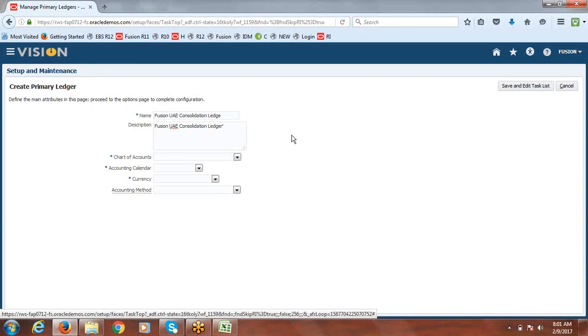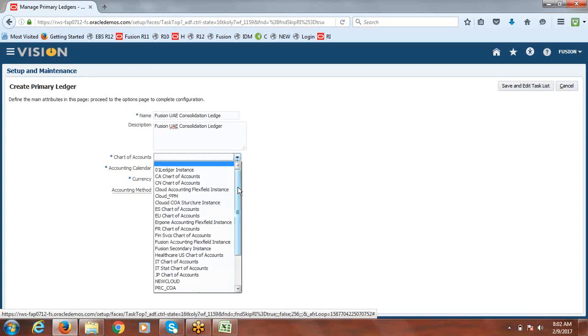Here when we are doing the consolidation, we know, same as EBS, we can have a different chart of accounts, or you may have a similar chart of accounts. If you have a similar chart of accounts, that means we are going to have similar segments. In that case, we can use the segment rules. If segments are not similar, still we can do the mapping by using the account rules. So here let's use the same chart of accounts.